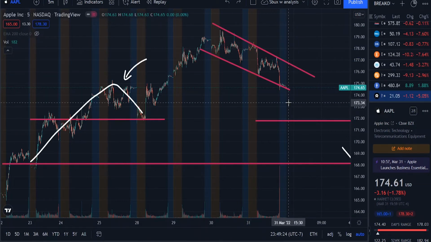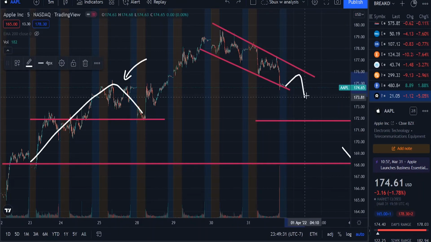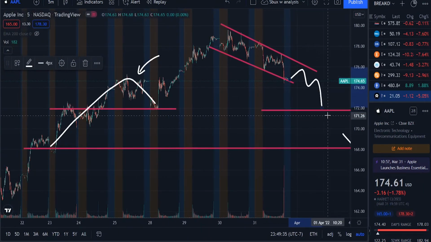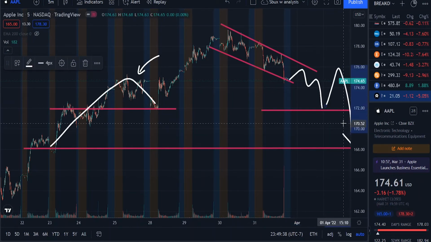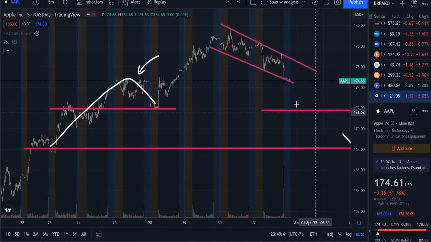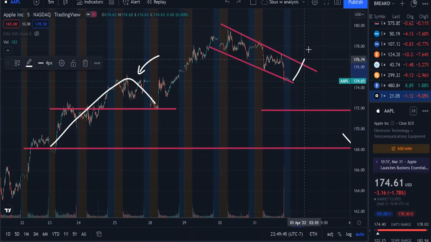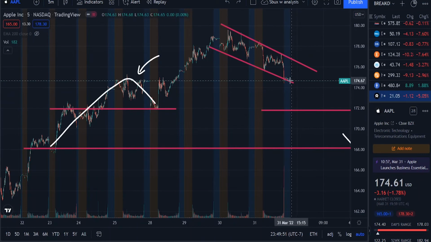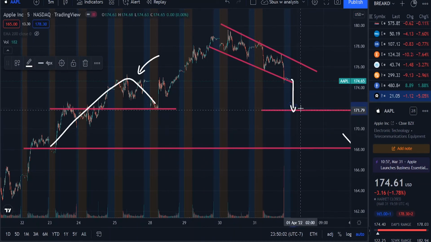So looking at the chart, you can see that we really are in a position to do one of two things. Either we will continue in this pattern up, down, all the way to our stopping point here before we make our second shoulder and continue downwards. That would be the head and shoulders pattern that I was showing you earlier. Or the second scenario will be that we break out of this pattern in one of two directions. Either we break to the upside and continue back to $180 a share, or tomorrow the market opens extremely red and we see a very hard drop on Apple stock all the way to $172 a share, from where it's very hard to recover. And I think that Apple stock will be seeing a stronger drop all the way to 168 before we can consider any sort of recovery attempt,